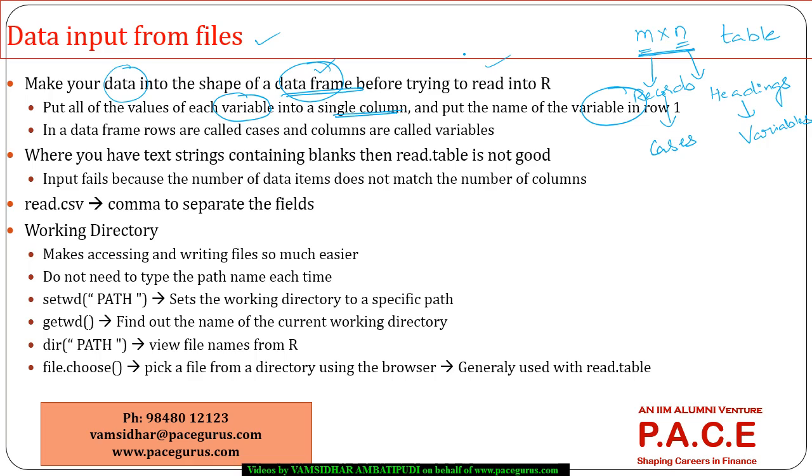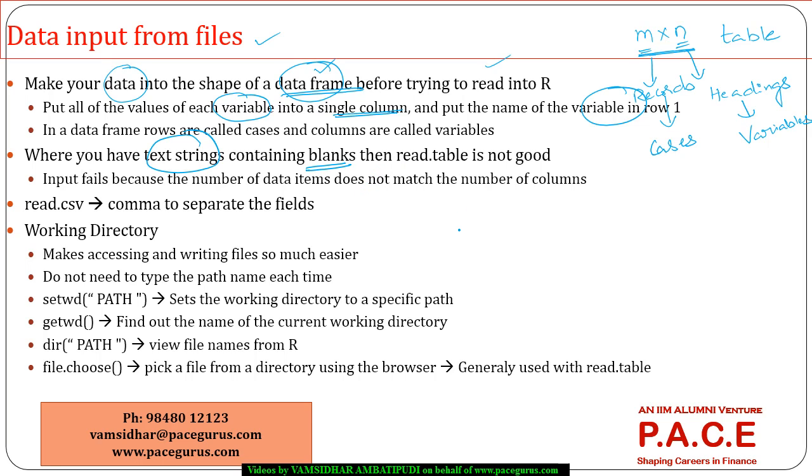Especially if your data is in the form of a spreadsheet, you can comfortably read it into R as a data frame. But let me tell you, if you have text strings containing blanks,